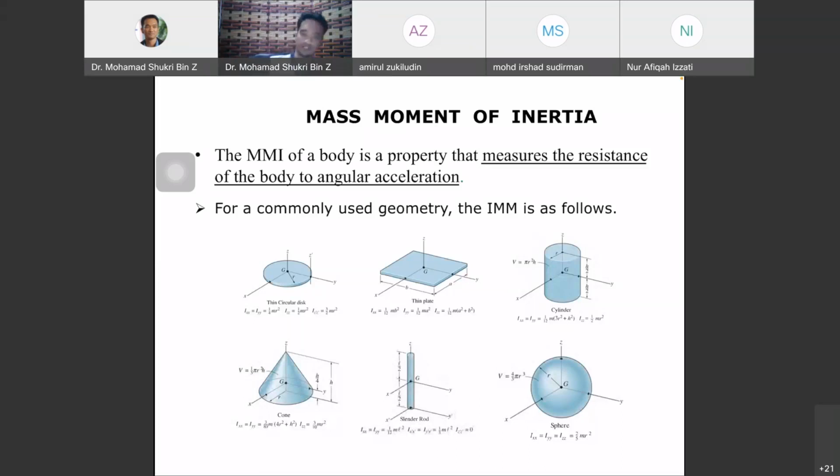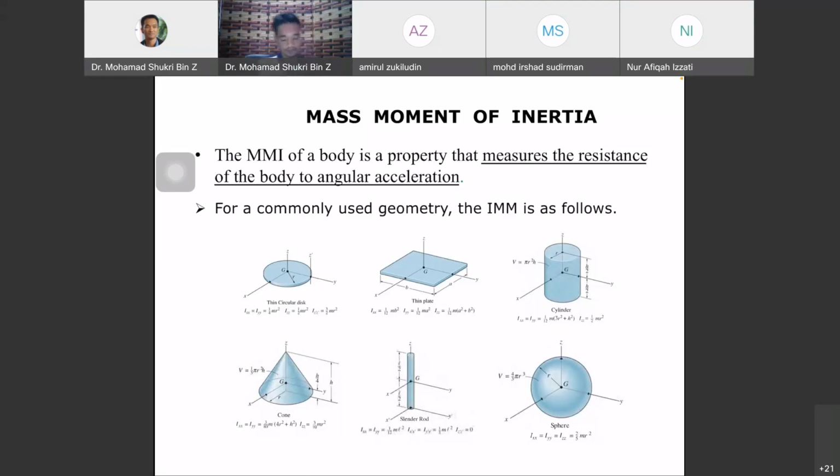Mass moment of inertia. Saya juga upload dekat Ulearn. So selain daripada WhatsApp, saya juga upload dekat Ulearn. File tu adalah daripada appendix from textbook. So you can refer to that appendix or you can find from other resources, from other books or from